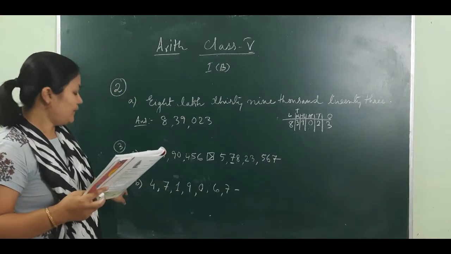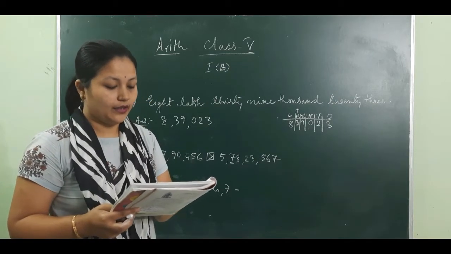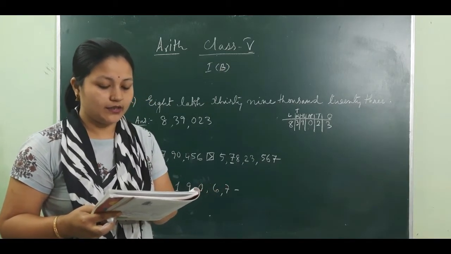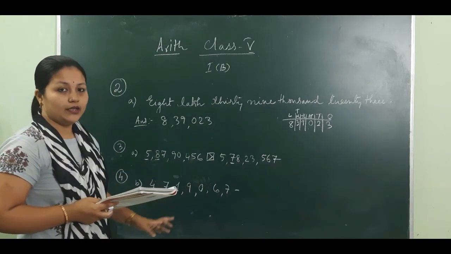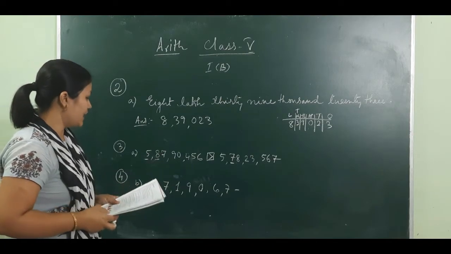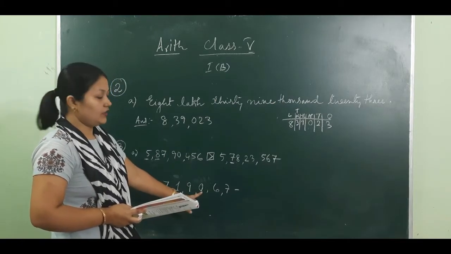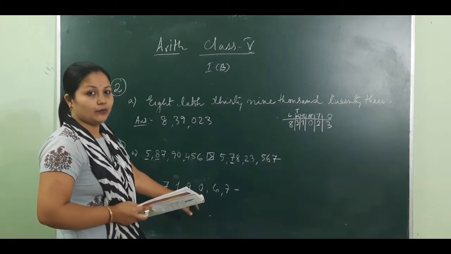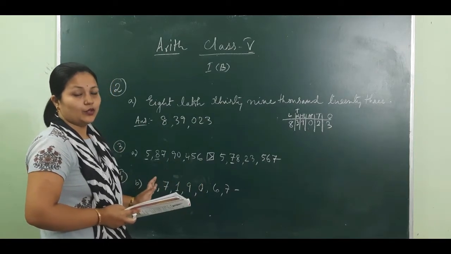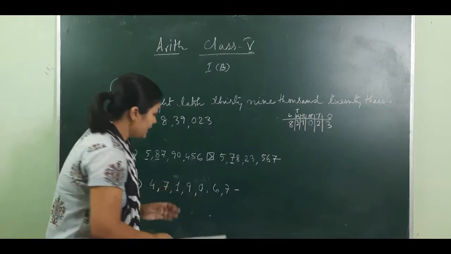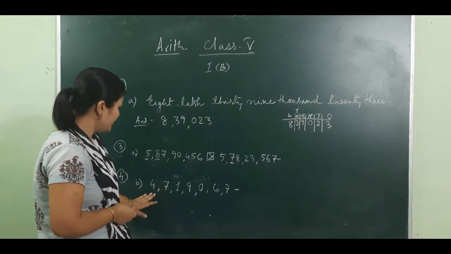Then question number 4. I will do question B for that. See, make the smallest and greatest 7-digit number. So from here we have to make the smallest and greatest 7-digit number. I have selected this question because 0 is there. Sometimes you make mistakes in this type of question. If 0 is there, you used to write it first for the smallest number and last for the greatest number. So some confusions are there. That's why I have selected this question.